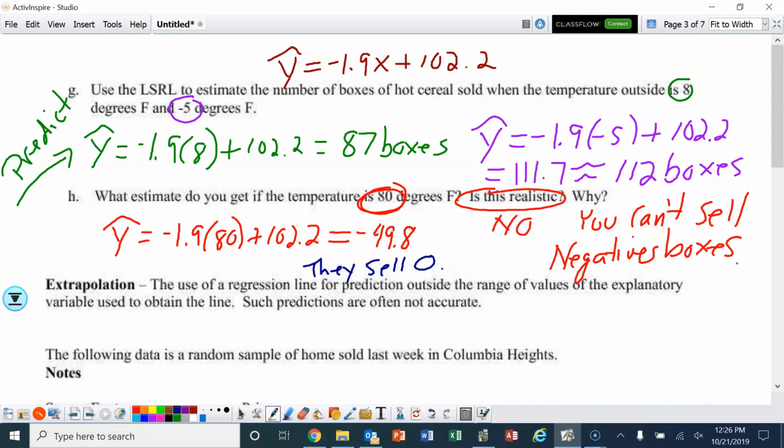Okay? The prediction is not good. Okay? It is not realistic. This is called